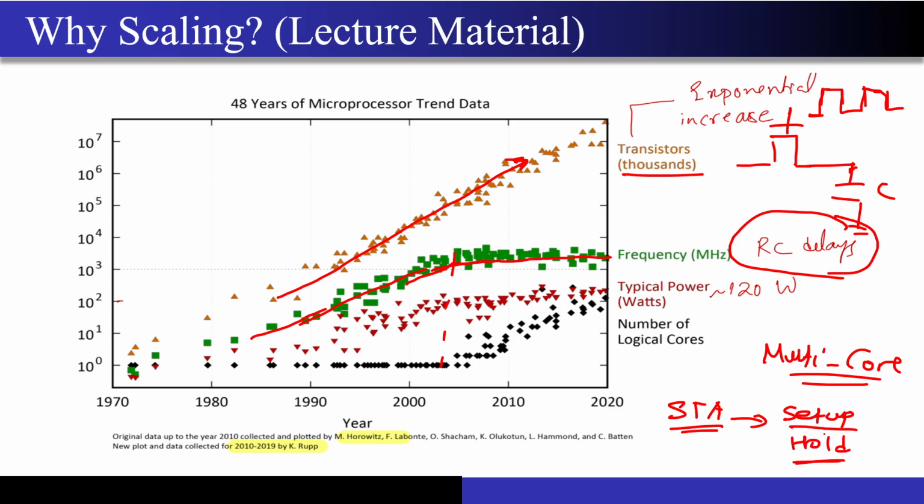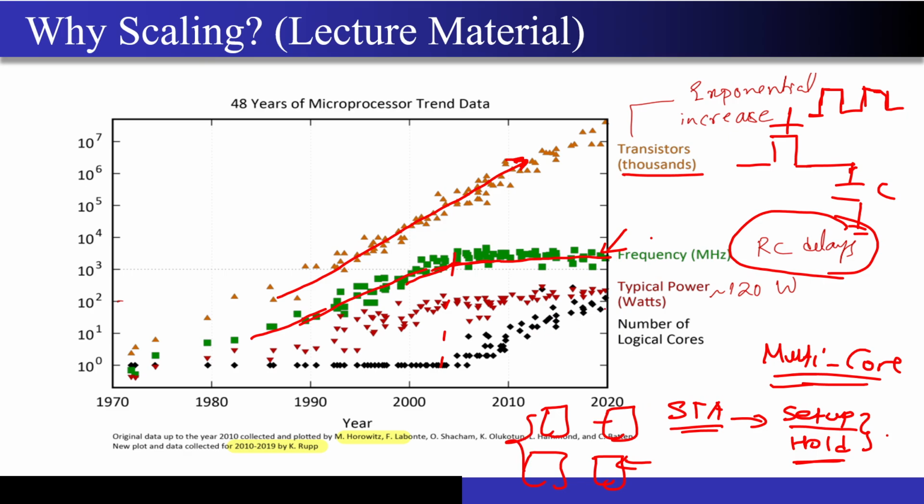Once you go through this, you can watch some YouTube videos, and you will clearly understand why the frequency has saturated. But I still want to improve the performance, right? So what can I do? I can use multiple core processors and distribute the load across many different cores, maybe 4 cores like this. So some tasks will be assigned to this core, while other tasks will be done by these 2 or 3 cores over here, correct?